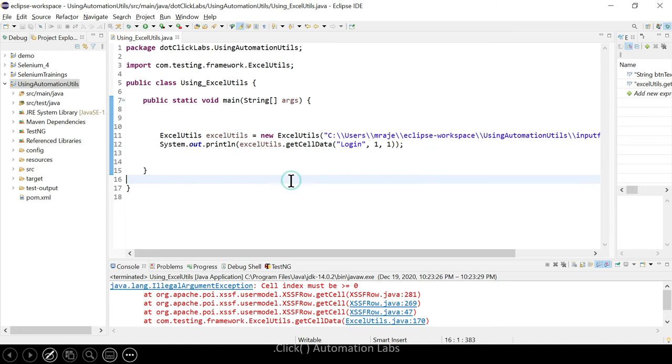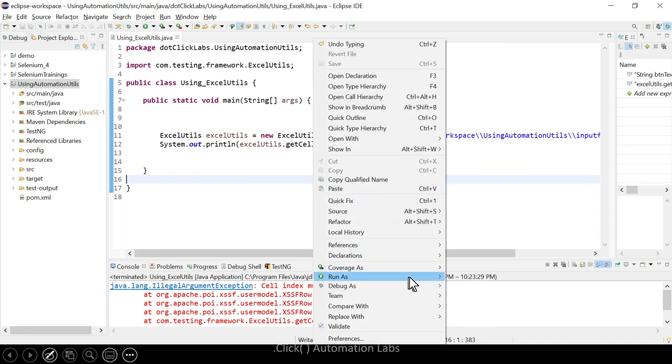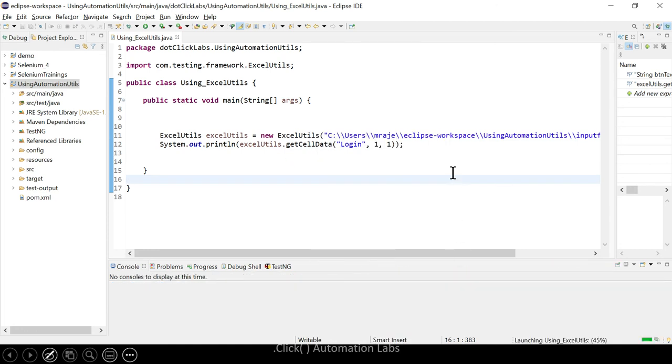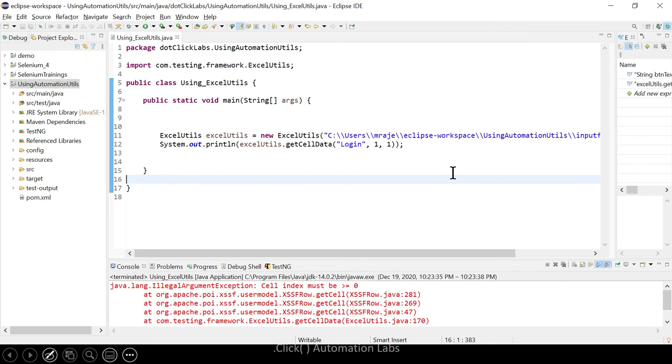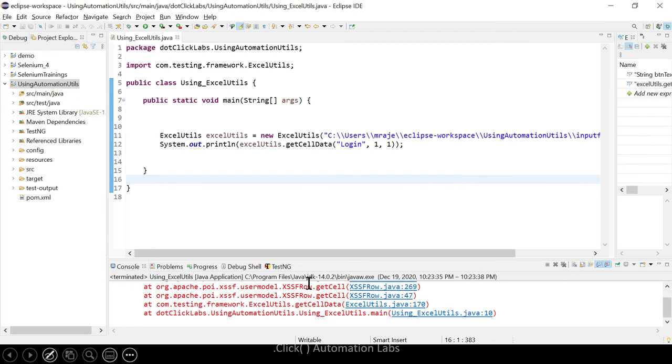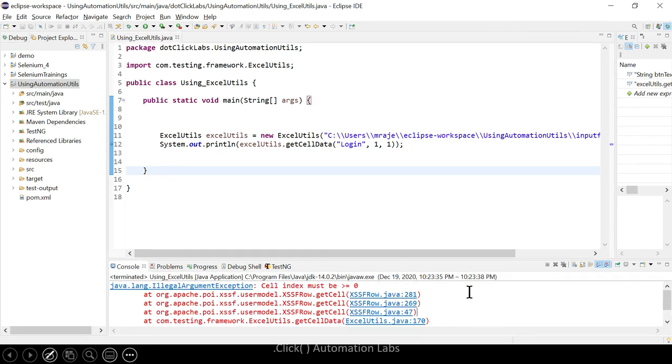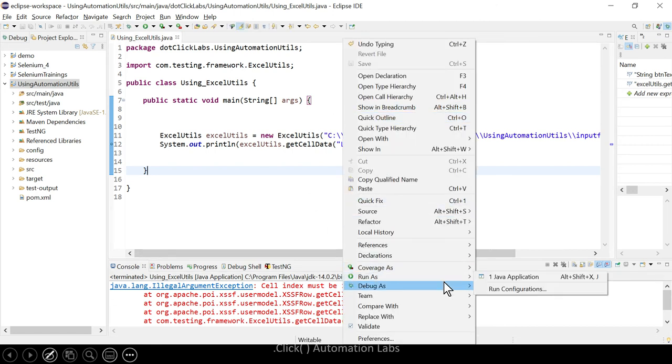Let me try this again. Oops. Let me check this. Right click, debug as. Let me run in debug mode.